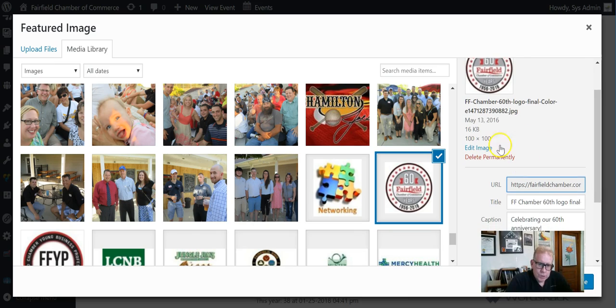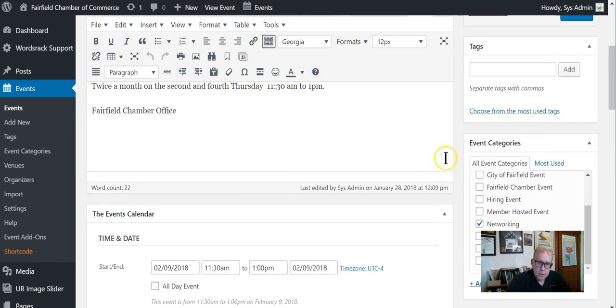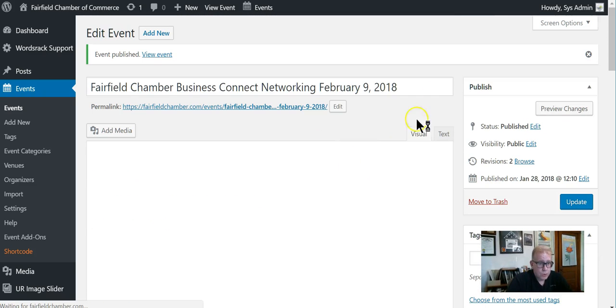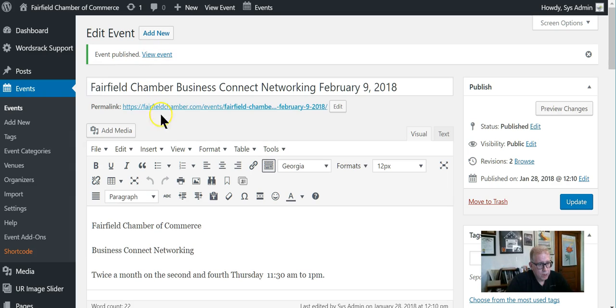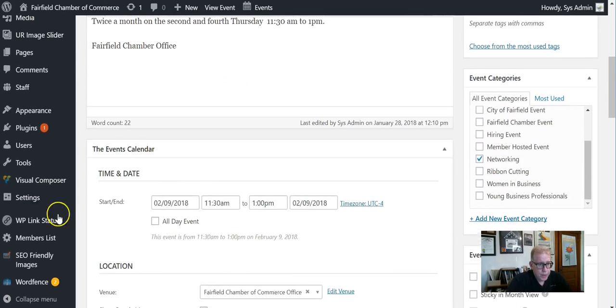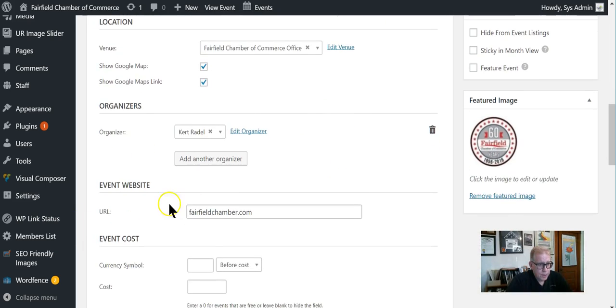Now, I will point out, we really need to have something that is more than 200 by 200 pixels for other media use. But at this moment, we're just going to use this. And then we publish. So what have we got? We have a permalink. We have information. We have the date and time, the location, who to call, and if there were a cost,